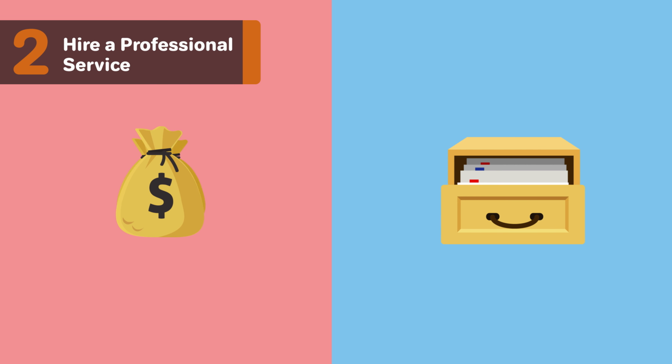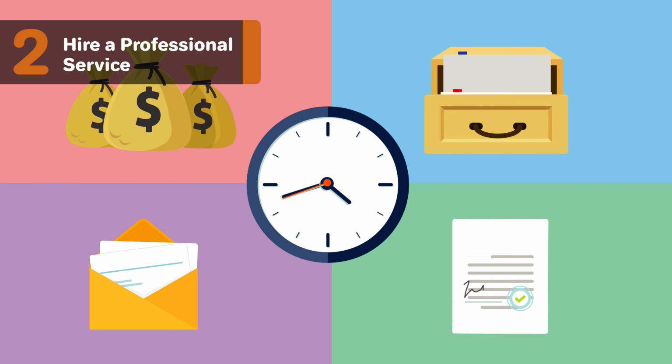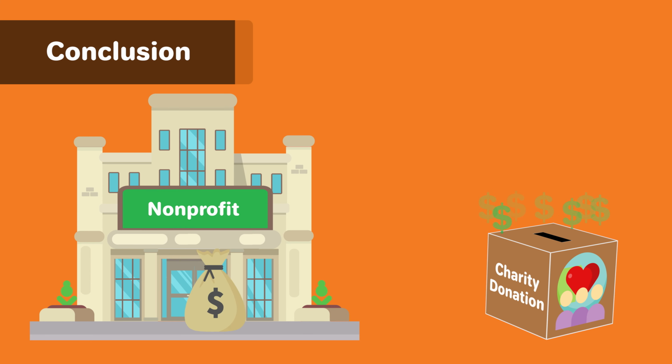However, there are several benefits to working with a pro. A hired registered agent helps with getting your reports filed on time, helps you stay organized by keeping your business mail separate, and is available at all regular business hours to accept official mail and legal papers on your nonprofit's behalf. If you want to form an organization or company in South Carolina with the purpose being to help a cause rather than make a personal profit, a nonprofit corporation is the best way to do that.